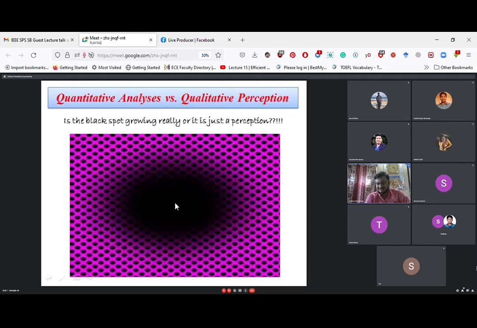So there is a difference. If you want to process the image by using hardware or software, it will be quantitative analysis, but ultimately the output will be analyzed qualitatively. So it is difficult. That is why the image processing task is difficult. You have designed the image processing very perfectly, but quantitatively. Means the image is perfect, there is no noise, the contrast is perfectly matched, but still it may happen that the visual quality of the image deteriorates. That is the challenge of the image processing engineer.